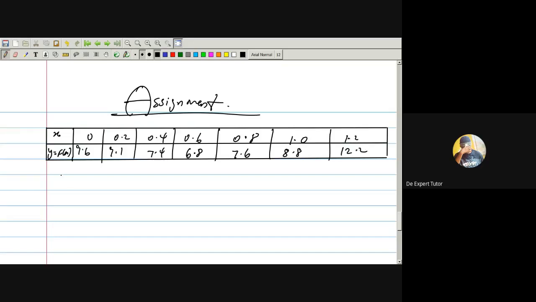You have to evaluate the integral from 0 to 1.2 of f of x dx using